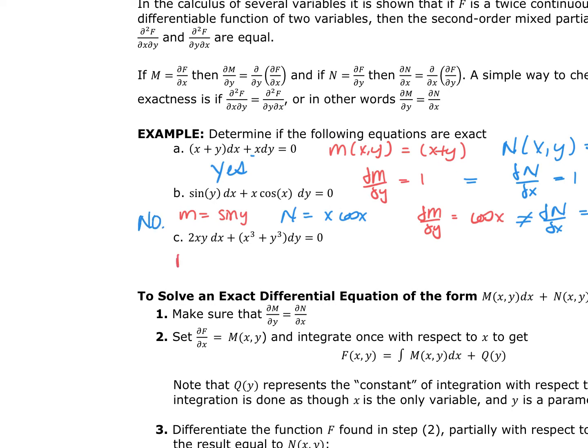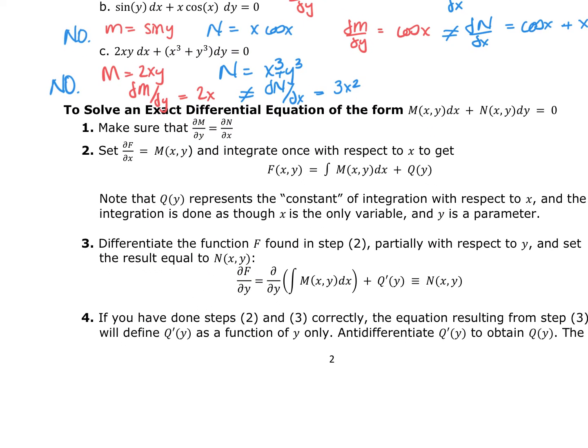Again, I have my M is equal to 2xy, my N is equal to x to the third y plus y to the third. My partial of M with respect to y is going to be 2x, and my partial of N with respect to x is going to be 3x squared. These are not equal, so this is also no. It's a nice little check. If it is yes, if the partials are equivalent like it is in A,